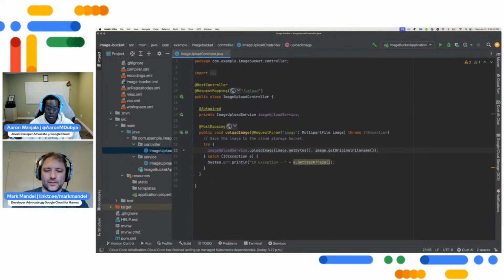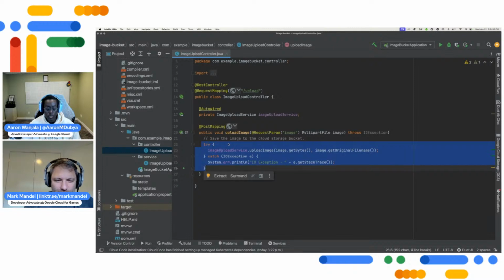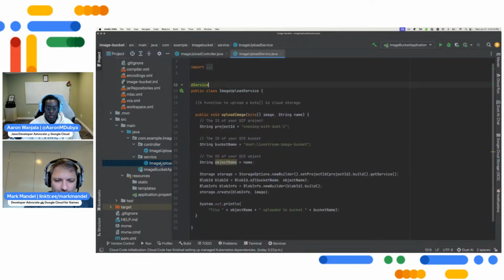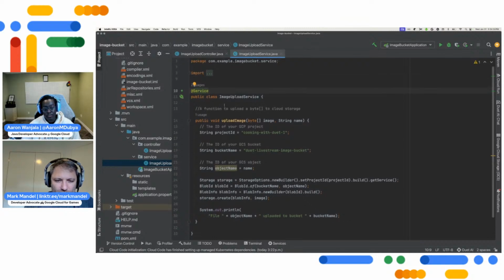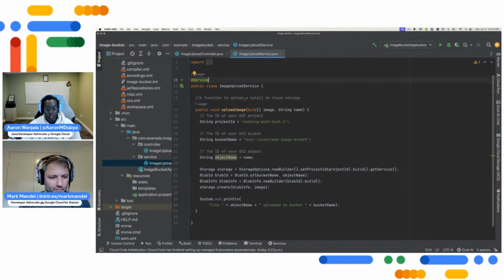And it did a great job. I think the entire meat of this whole function was written by Duet. We had most of the image upload service written by Duet. I believe at the time my Maven was not cooperating, and so that's right. Yeah, it even supplied all the imports for me and the package names, and did a pretty good job of